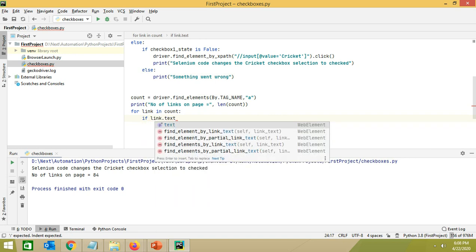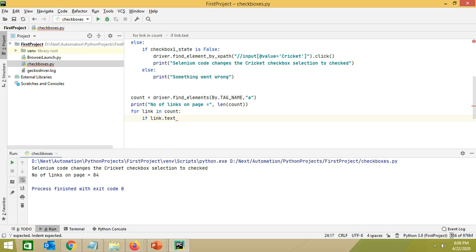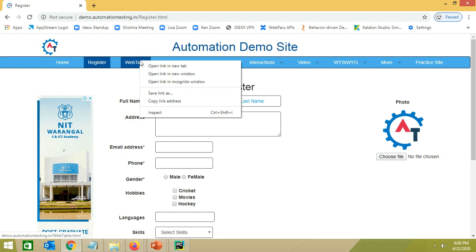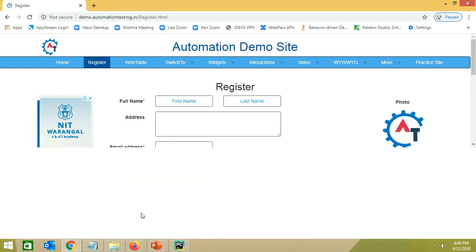So link dot text will give us the particular value which is available in a link. So if link dot text is equal to a particular text, let us capture this text.